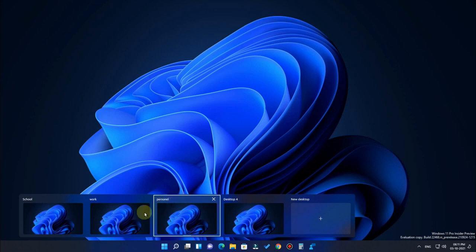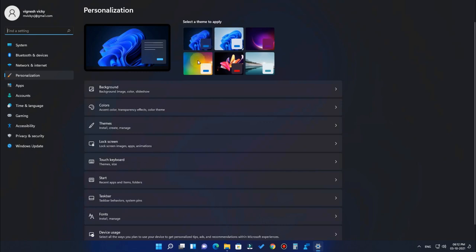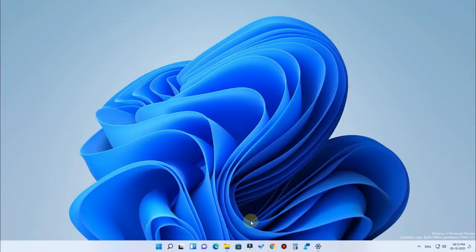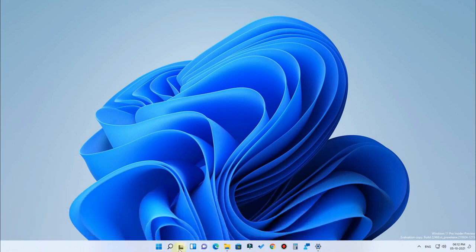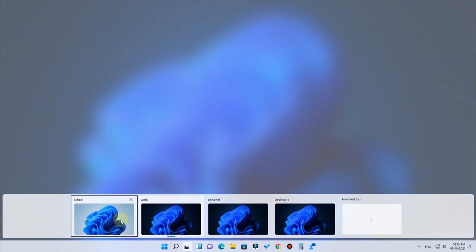So like that, you can customize the different desktops, and you can use these different desktops for a different set of work. So you can categorize the work based on your wish, and also you can change the wallpaper for each desktop as you wish. So I'm just selecting this. Yes. Now after that, this school desktop has one type of wallpaper, and the work mode has a different set of wallpaper, and you can do different sets of work in the different desktops.